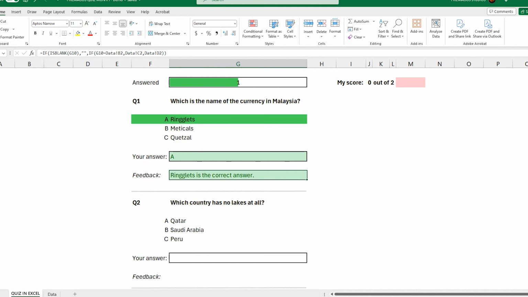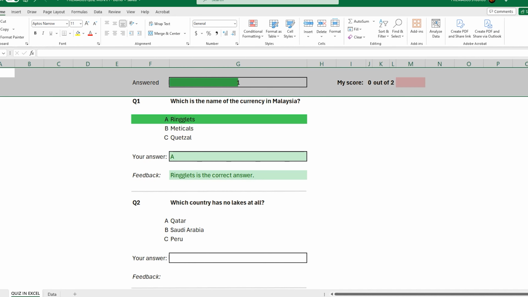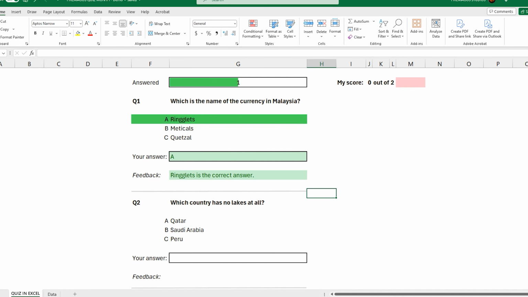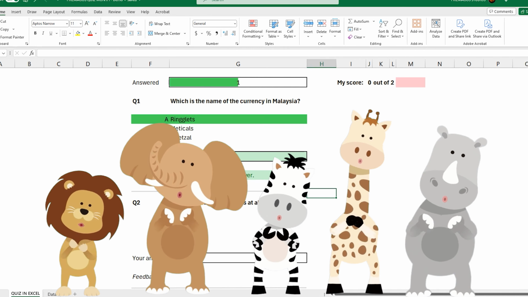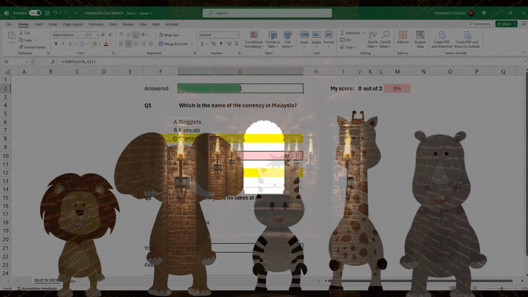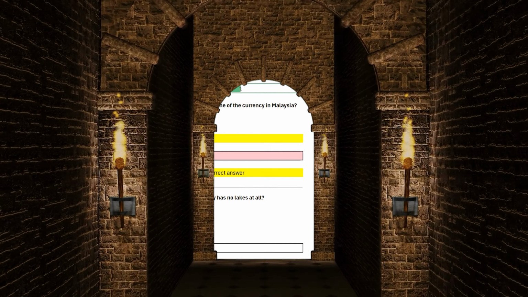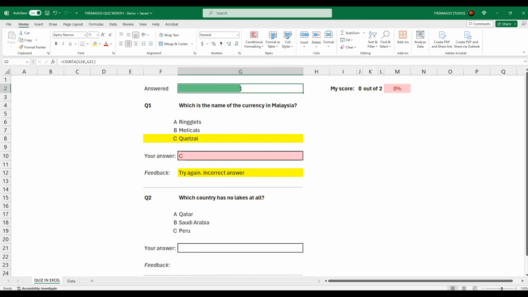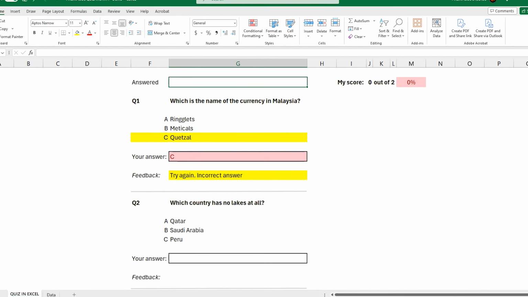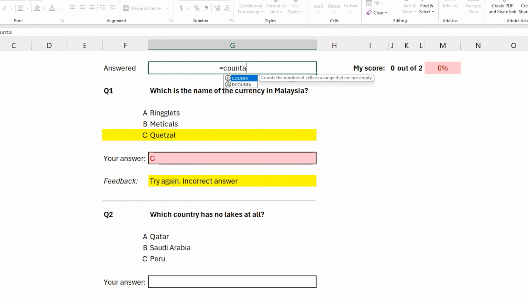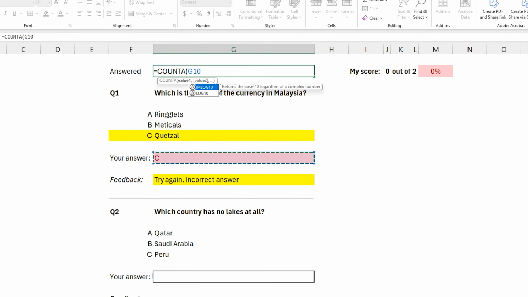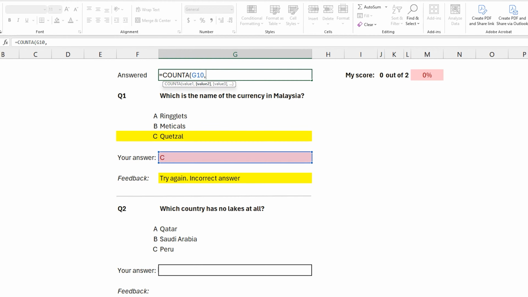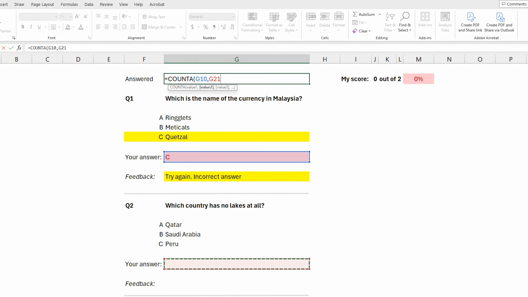Now let's move back to the very first three rows, because that's the very last part of creating a quiz in Excel. For the answers part, to recreate this kind of view, what we need to do is first add a function, and that function would be COUNTA, because we want to see if here, comma, or here, we have any text at all.